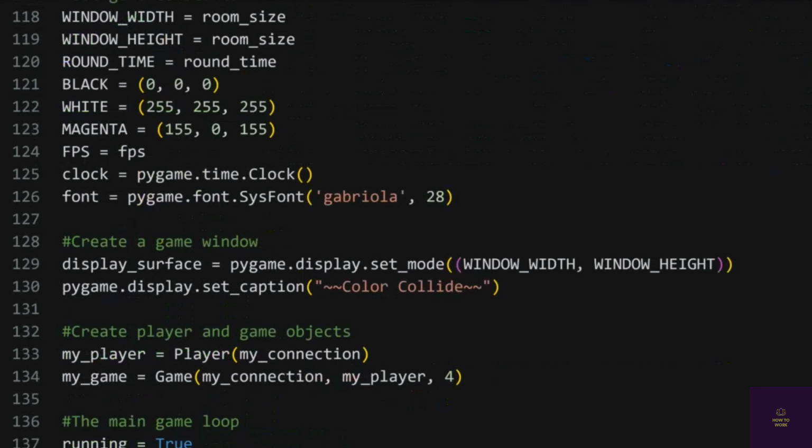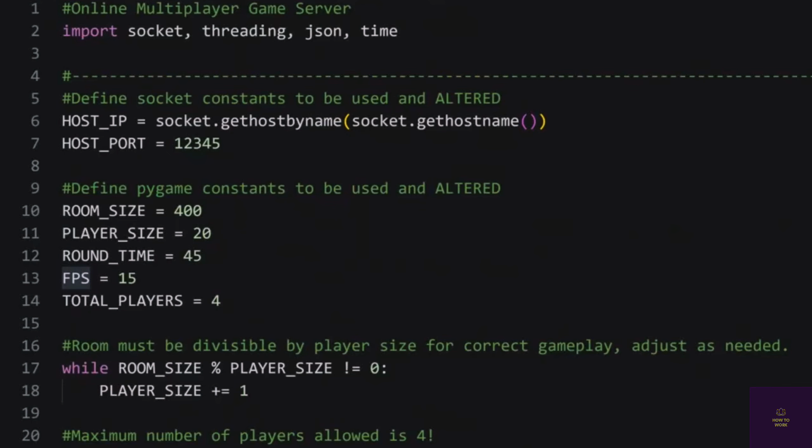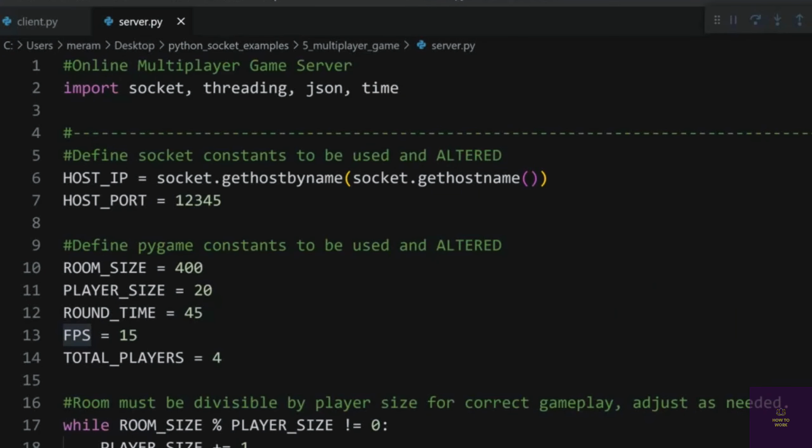If we scroll down, when we created our game object, we required a total number of players. We hard-coded that as 4, so we're going to take that out and we'll just write total players here. So now if I run, you see our server, what are these stats right here? Room size of 400. So let's just see. If I run my server,